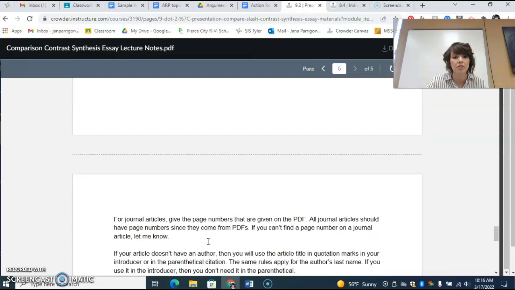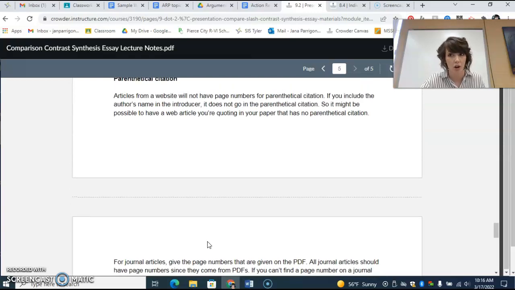Parenthetical citation. Just to remind you, if you have a journal article from the source that you find from EBSCOhost, if it gives page numbers on the works cited, those page numbers need to be in your document. They need to be in the essay in your parenthetical citation.